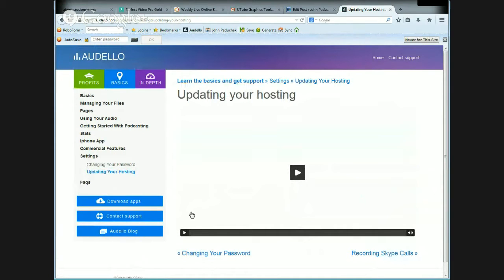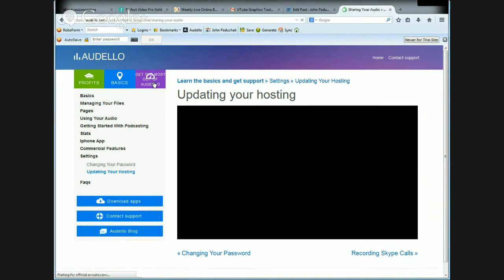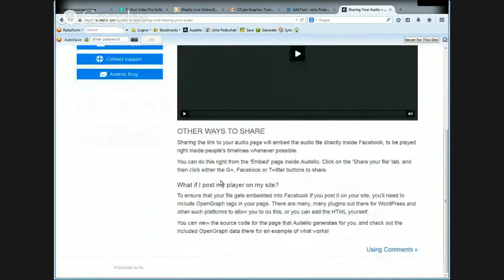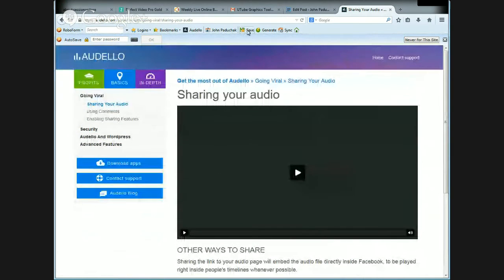It also shows me how to record Skype calls. I still recommend, obviously, using Hangouts to do your podcast, and you're going to have improved video as time goes on here. Video abilities, where you can strip out the audio. In depth, you talk about sharing your audio, other ways to share. So there's some great stuff inside of Audello. So if I come back to home,